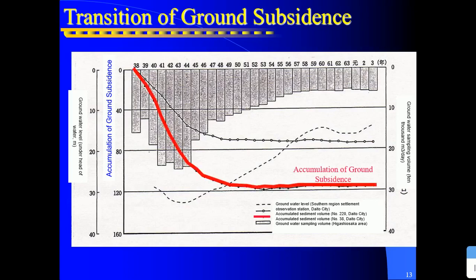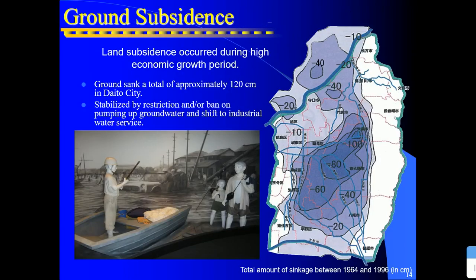In some areas, cumulative subsidence of up to 120 centimeters occurred. Land subsidence has reduced the slope of the riverbed, reducing the river's flow capacity and increasing inland water drainage problems. In 1950, Typhoon Jane brought a violent storm surge to Osaka, where the land was already undergoing subsidence, causing the